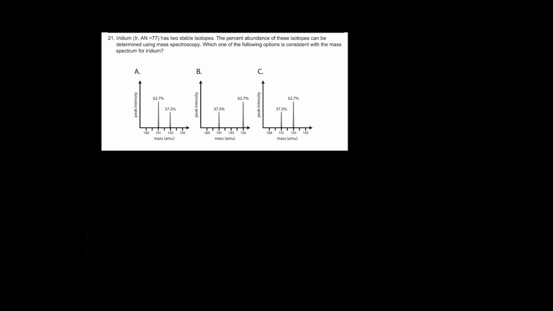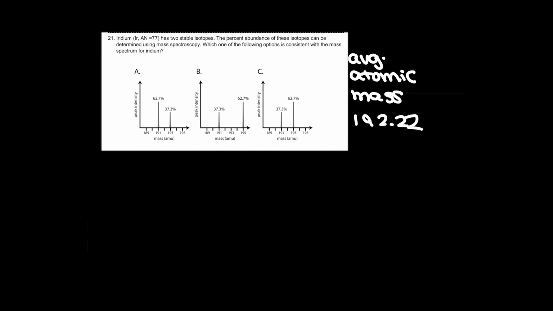Another example here. Iridium, which has the atomic number of 77 on the periodic table, has 2 stable isotopes. The percent abundance of these isotopes can be determined using mass spectroscopy. Which one of the following options is consistent with the mass spectrum for iridium? So we take a look at our periodic table and we find iridium has an average atomic mass of